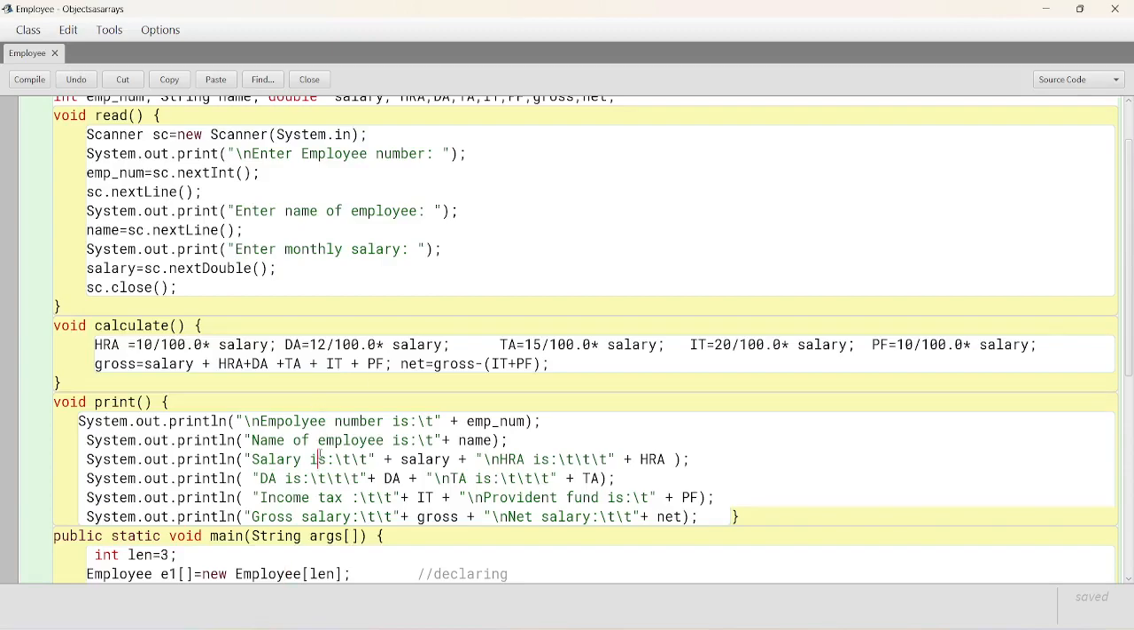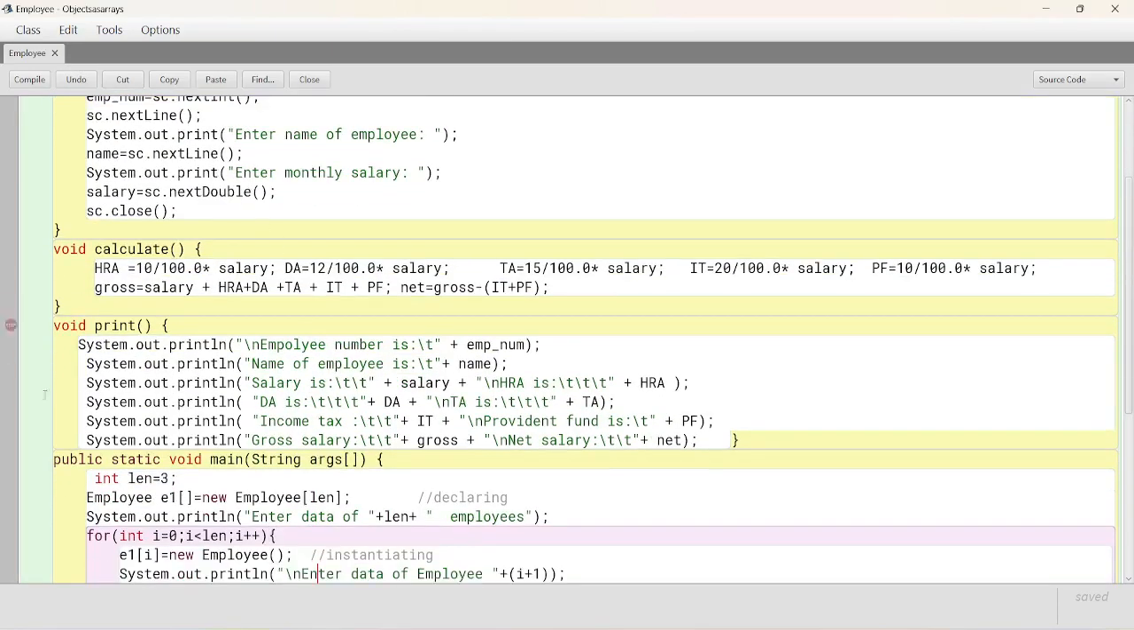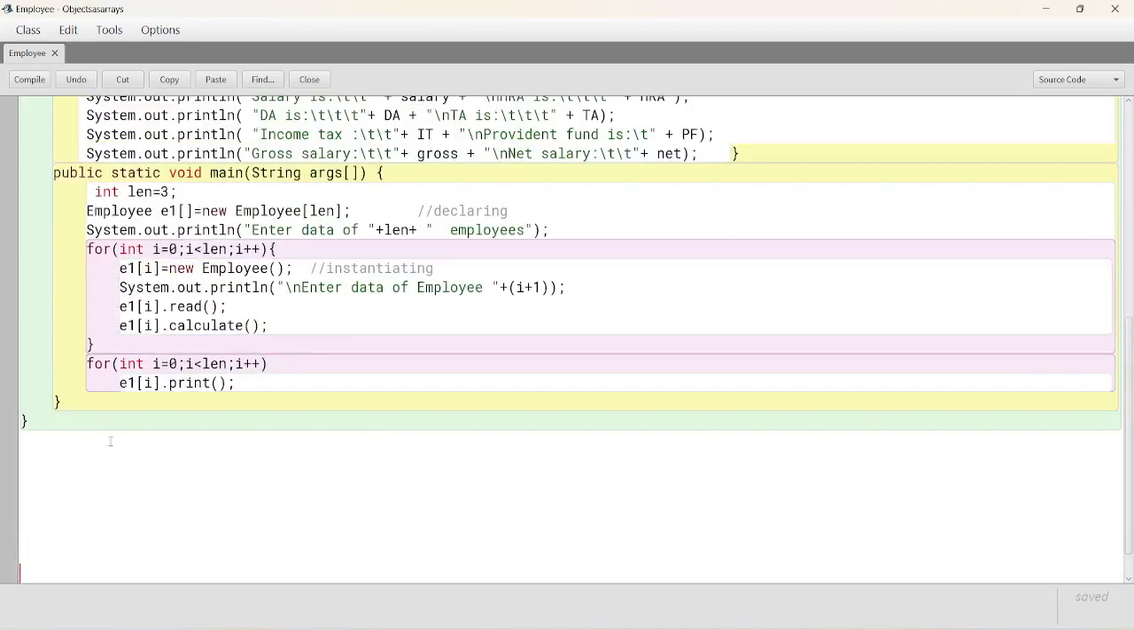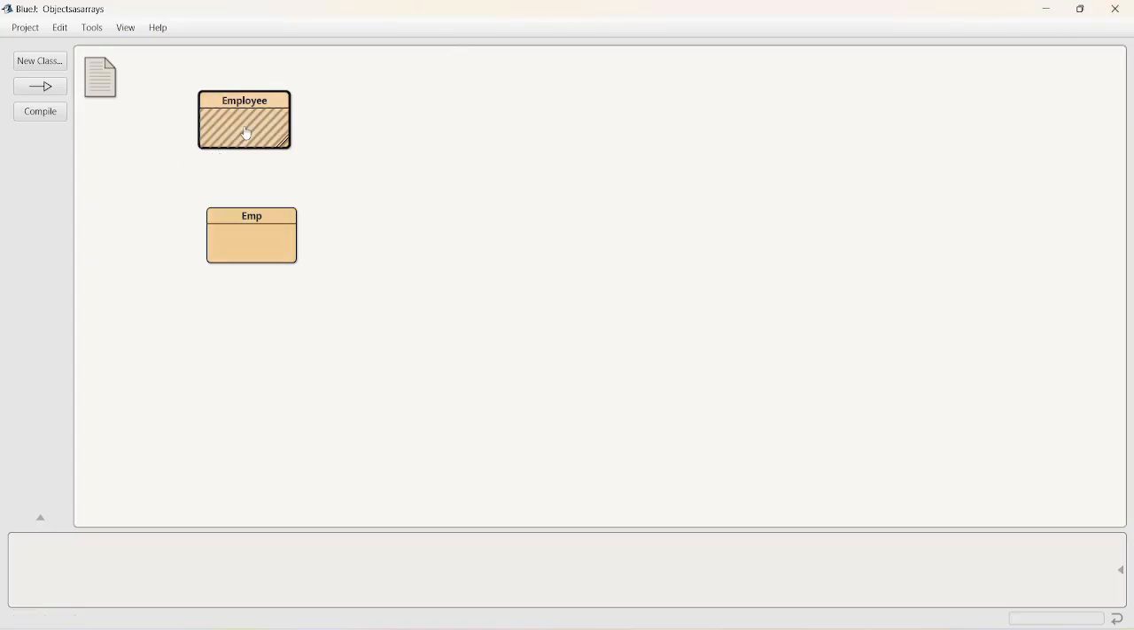And then print vertically, we are printing here employee number, name, everything, but with 6 statements, because here employee number, name, salary, and HRA printed in the same one by using some slash t slash n combinations. And then for loop, extra for loop is calling all print statements. Let's see the output. Compile